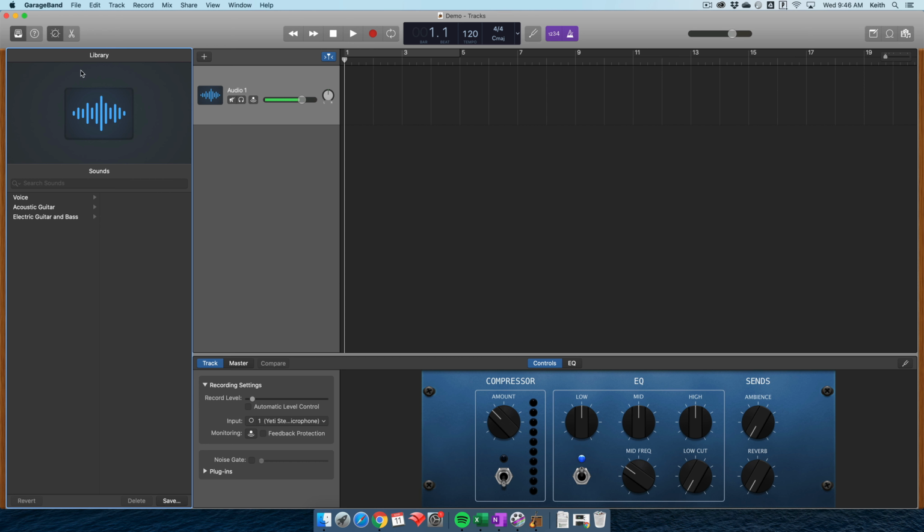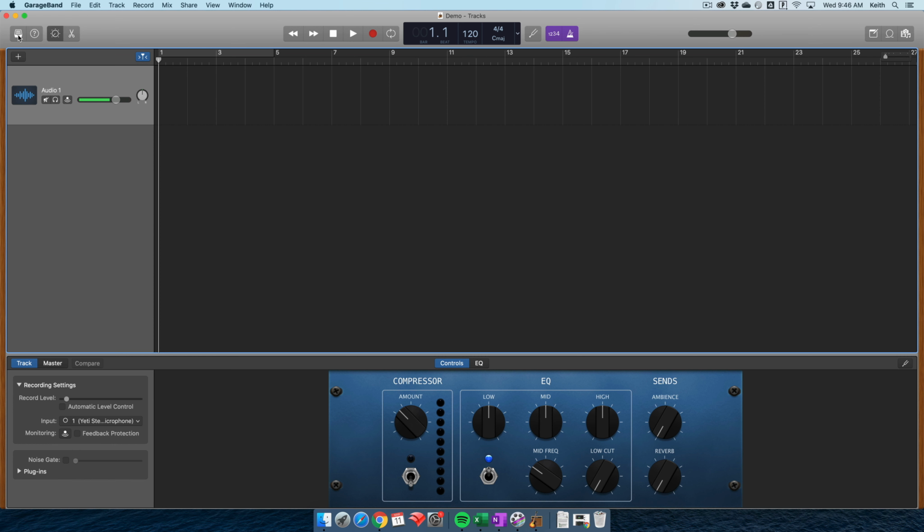So first of all, this library on the left here, this is not the normal library that you use in Audition. This is really a sound effects library. So I'm going to go ahead and close this and get out of the way by clicking on this icon up here. I'm going to come to the top middle here, and I'm going to change the display here because this is really for music with beats and tempo and